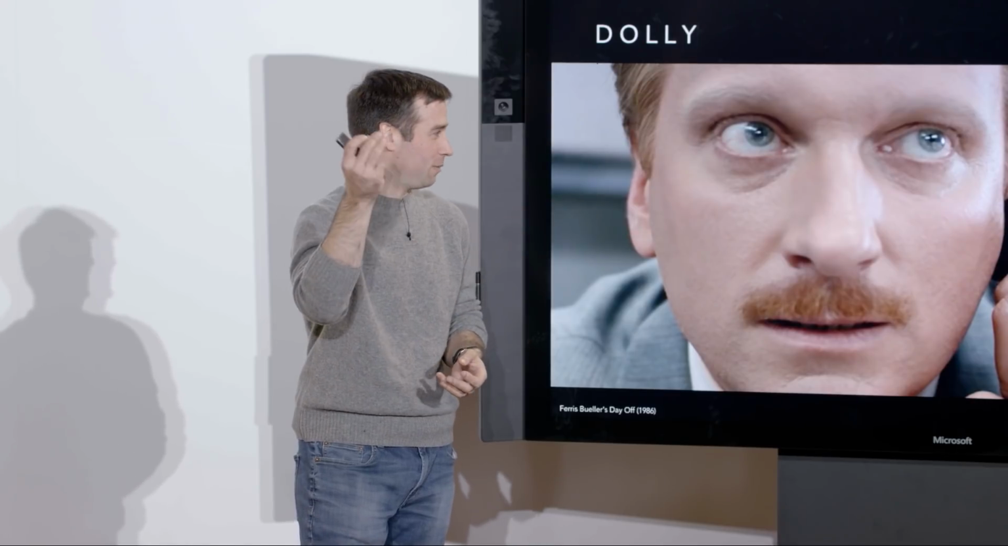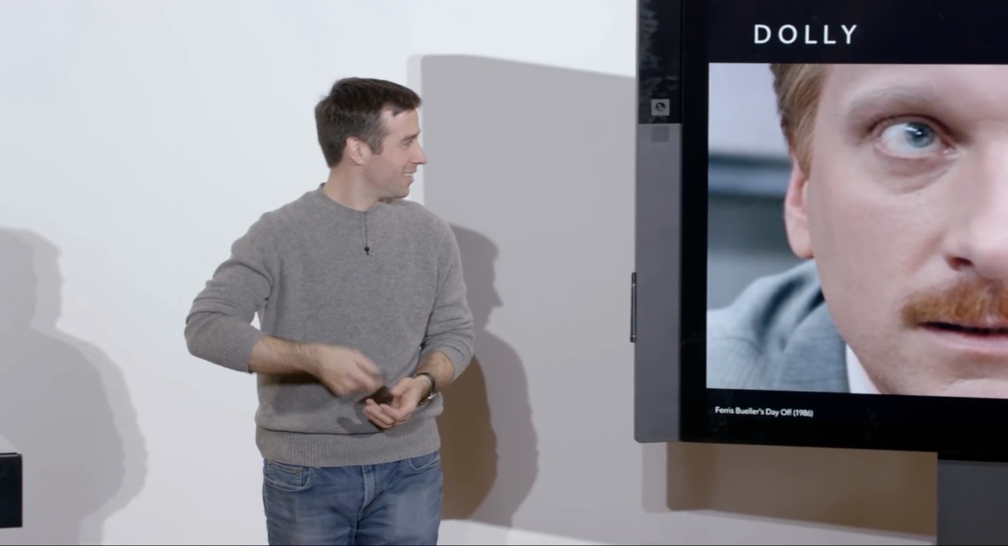awkwardness. And there's this silly element of sound design, the horn going wah, but much more effective than just staying on